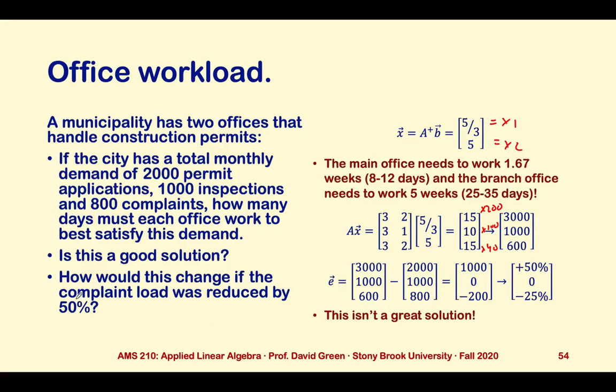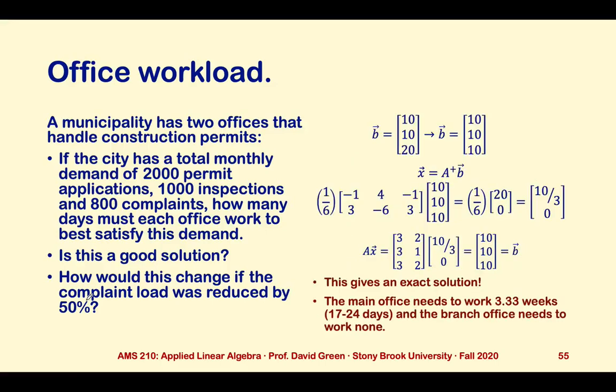How would this change if the complaint load was reduced? One of the things that you might see here was that the deficiency, the place where the offices could not handle enough, was in the complaints. If we reduce the complaint load by 50%, how would things change? Well, all we're doing is taking the complaint entry of the right-hand side and dividing it by 2. We can do this in the scaled form because we have a percent error, so we can just divide this by 2 and then resolve the system. Plug this new